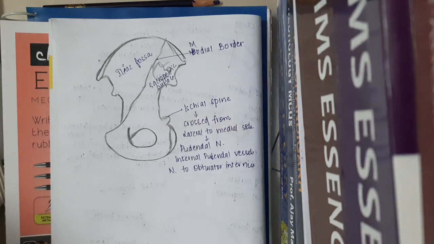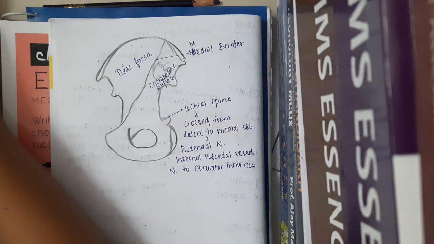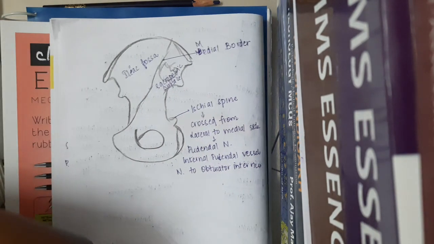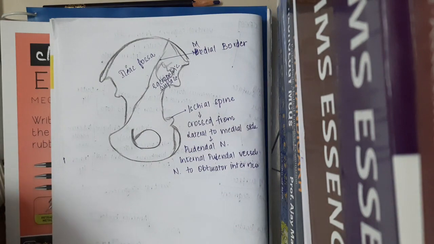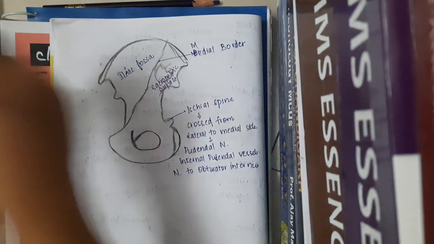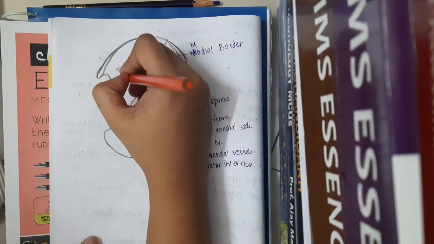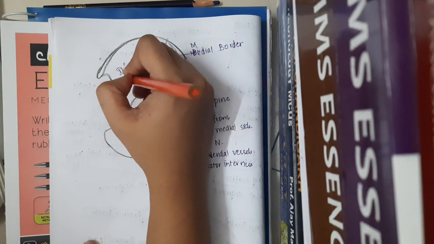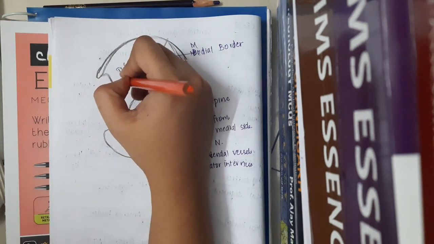Iliacus muscle, is it insertion or what do you think? Does it insert or does it arise? It inserts. Okay, iliacus muscle gives rise. Okay, there is iliacus muscle. Iliacus muscle is present in the iliac fossa, that too in the upper 2/3.